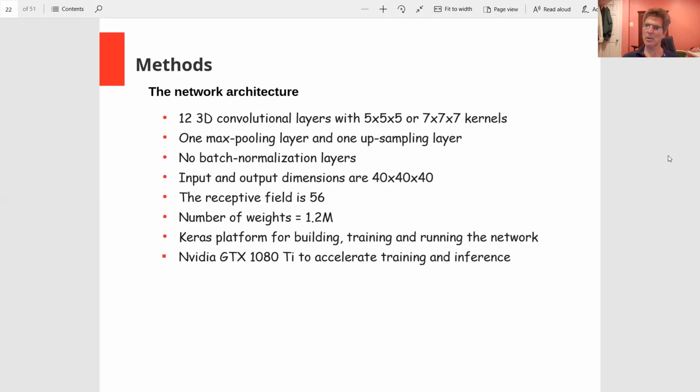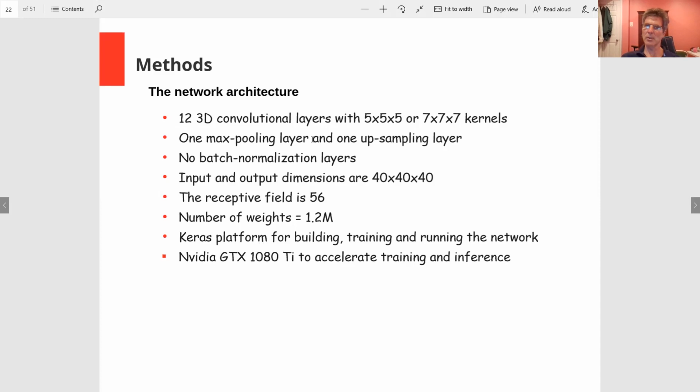So I found when I got rid of the batch normalization layers that the training went better. And that's one reason that I wanted to use a relatively low number of convolutional layers, and also one reason for doing the downsampling and the upsampling is because